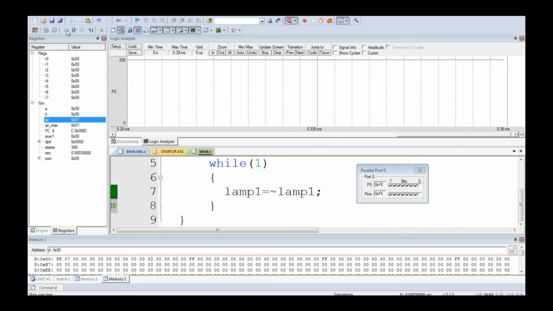I'm just running in single step. You can see now it is becoming 1. Bit has become 1. Now bit has become 0. Now that bit has become 1. Now the bit has become 0. Lamp1 is getting toggled. What is lamp1? P0.0. Fantastic. Okay, that's all. So now I can say individual indicator lamp is glowing, something like that we can say. Or individual lamp is toggling.